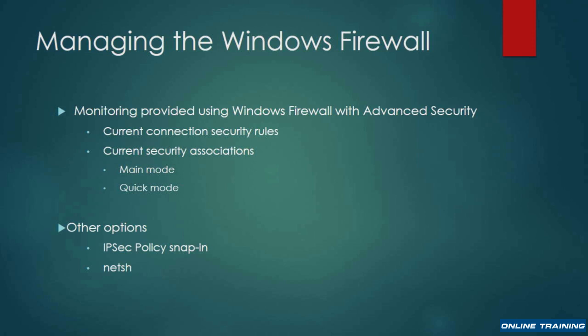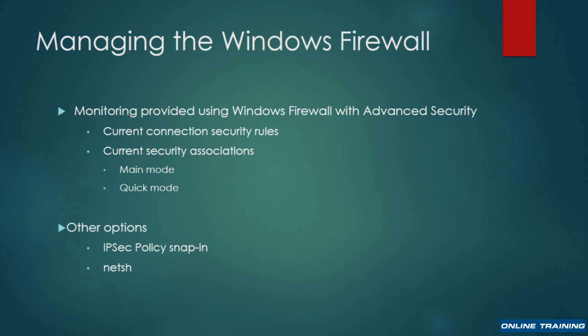Not only can you use the Windows Firewall with Advanced Security to create connection security rules, but you can also use it to monitor IPsec, the current rules that are in place, the settings that they contain to make sure that they're compatible. Also, current security associations. Main mode and quick mode. Main mode shows level 1 IPsec SAs. It shows the initial communication, the establishment of keys. And then quick mode, I know that sounds backwards, but quick mode is actually showing data transfer. So if you're trying to monitor if a system is using IPsec and what associations it currently has, you can use that. There is, as I said, the IPsec policy snap-in, NetSH, both of those can also be used for